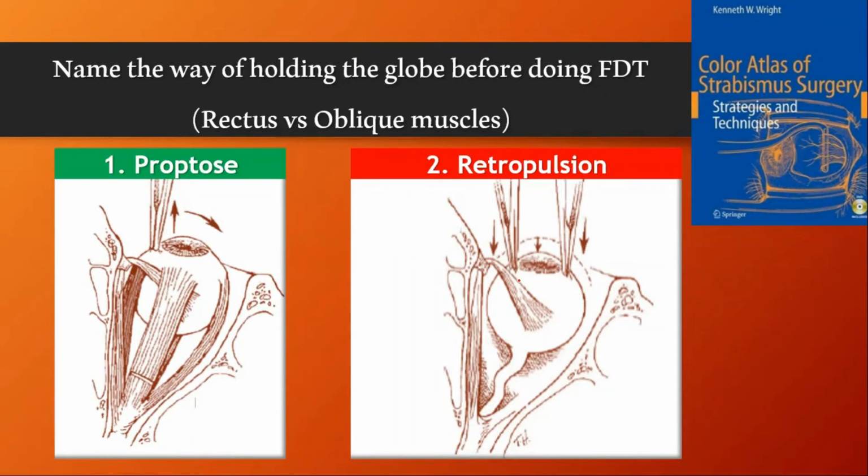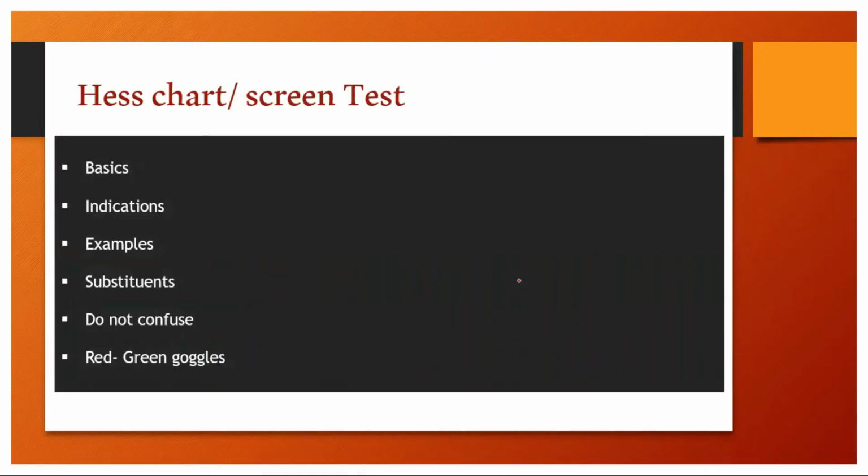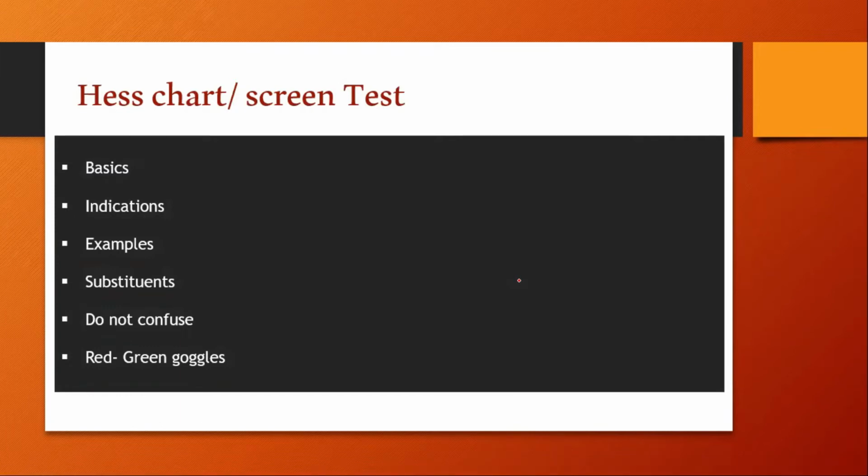Because if you remember, we mentioned three common examples when force reduction test is very essential: the thyroid and the blowout fracture, both for rectus muscles mainly. And the first example was about Brown syndrome. You retropulse the globe and try to move the eye up and in. Now Hess test, or Hess chart test, the last part in our presentation. I said I think it's low yield, but I don't know, some are very keen to know about it. I don't know why, but it's written in Kanski and it has clinical significance, but for strabismologists. Now let's see Hess chart.